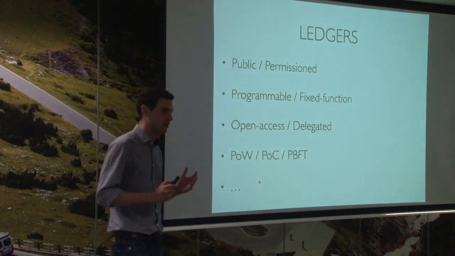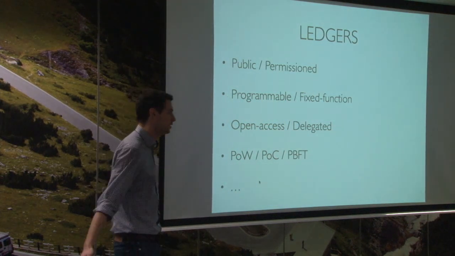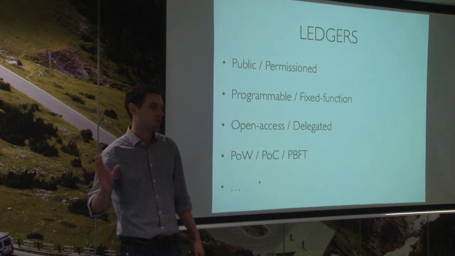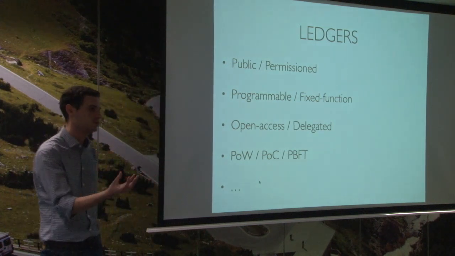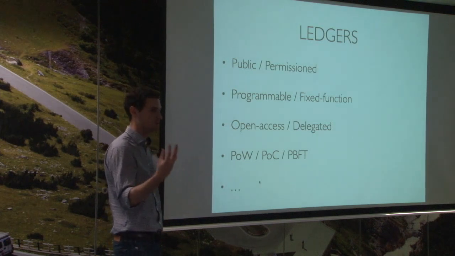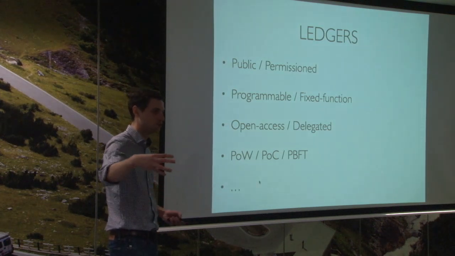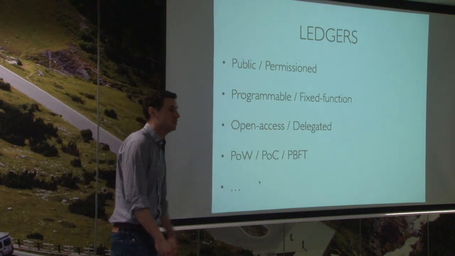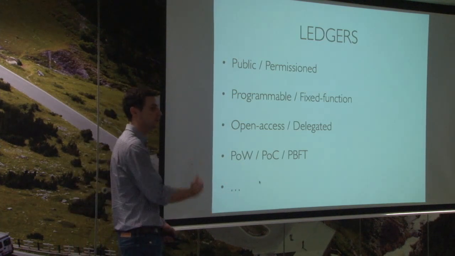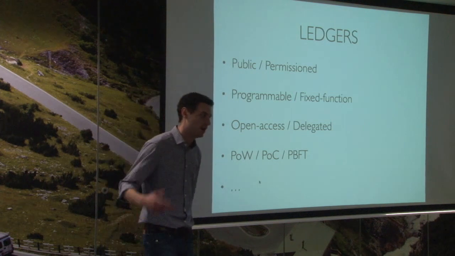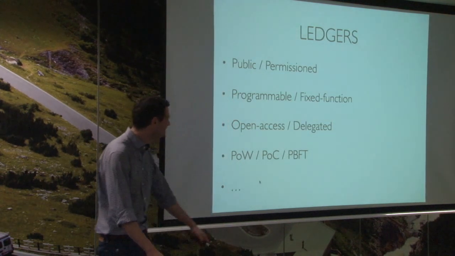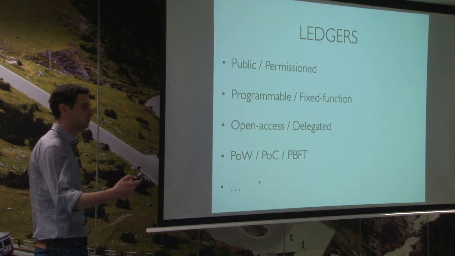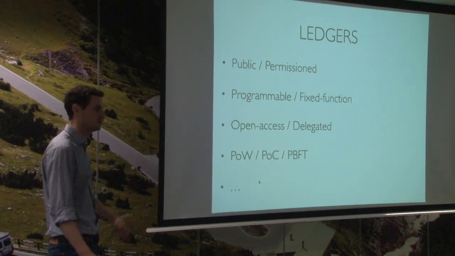As I said already, blockchains are a very broad subject. Even just from the perspective of ledgers, the ledger in Ethereum, the ledger in Bitcoin, the blockchain, is the database that you keep records in. But even there, we've got public blockchains like Bitcoin, Ethereum, BitShares, permissioned ones like Hyperledger, Clearmatics, Eris, or HydroChain. There are programmable ones like Ethereum or BitShares, and fixed function ones like Bitcoin, Namecoin, and 160 other X coins.